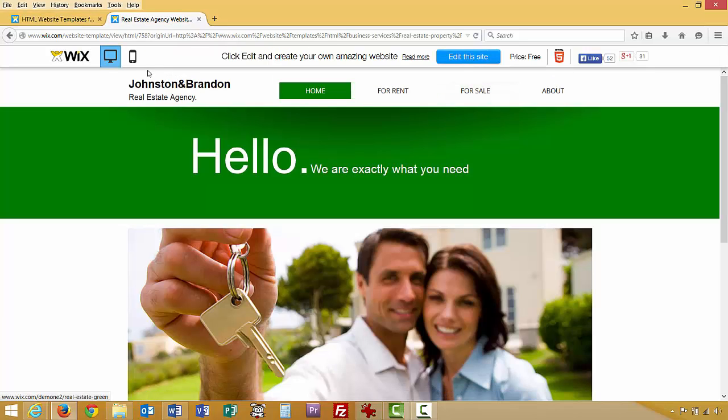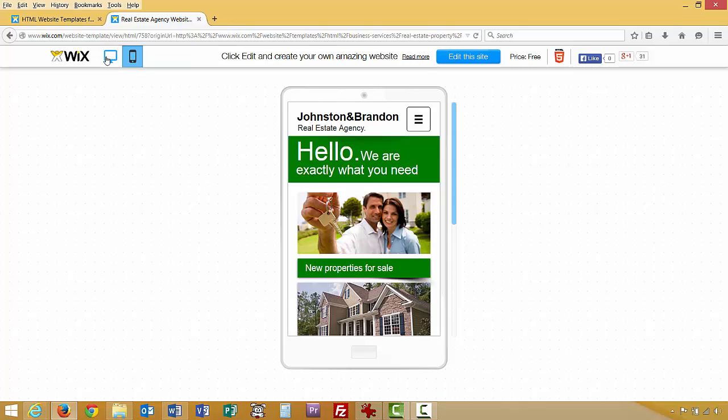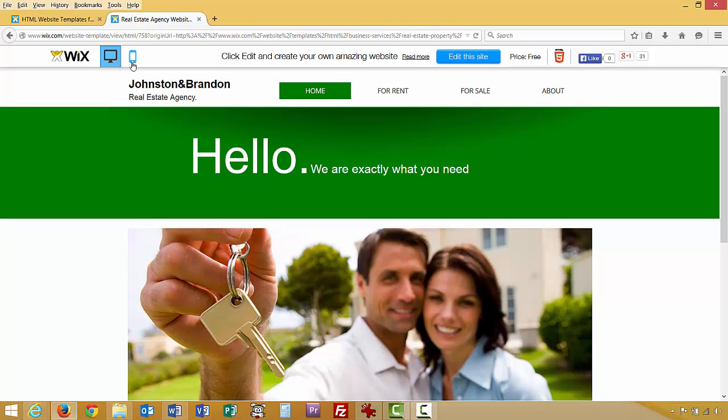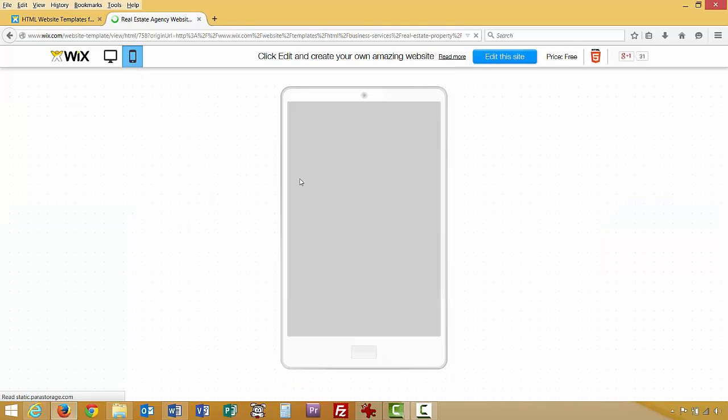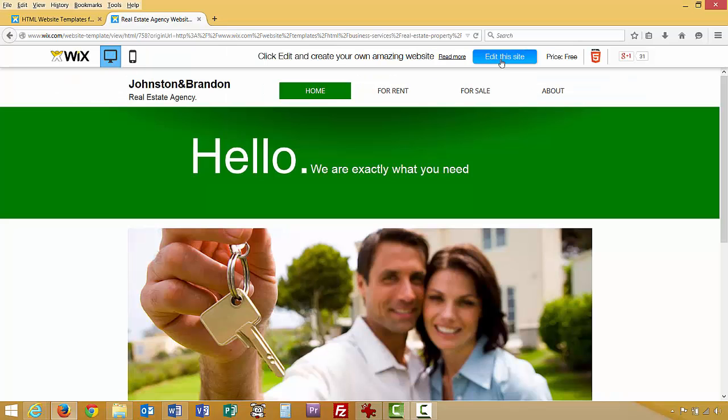Now you'll note also up here in the upper left corner, it has a little picture of a monitor highlighted, and there's one right here for mobile. And so you can make not only versions of your website which look good on a laptop or desktop computer, you can also get the site so it looks good on a phone. And with the number of people that are using telephones to view web content, that's really great. So I'm going to just go ahead and click on Edit this site,